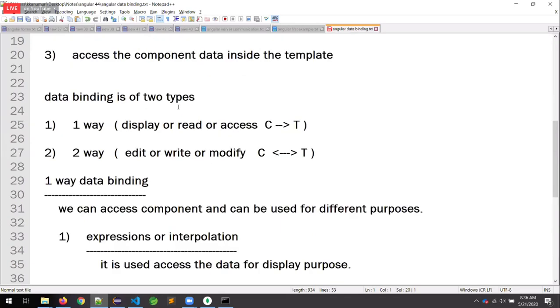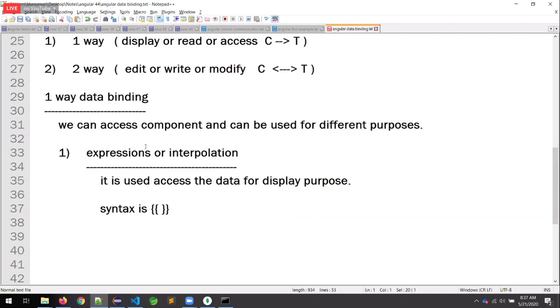What is the purpose of the one way? Display, read or access. From the component to the template: data display on the UI, or read the data and do some processing. So these are the things.